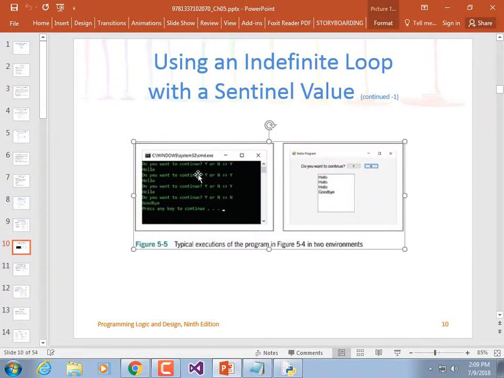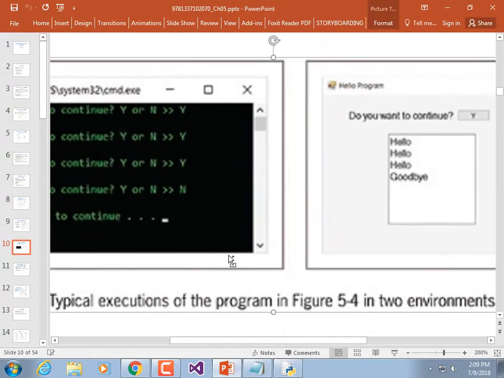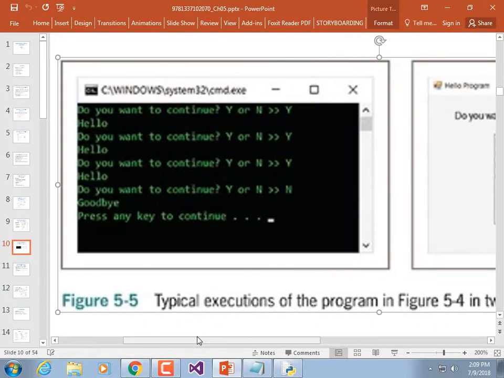Using an indefinite loop with a sentinel value. We could have put a sentinel value into our code. We could have told them that if they guess 0, it's going to quit immediately. That would be a sentinel value, right? Take a guess, 1 to 100 or -1 to quit. That -1 to quit is a sentinel value. A sentinel value is an invalid piece of data that signals the program to stop